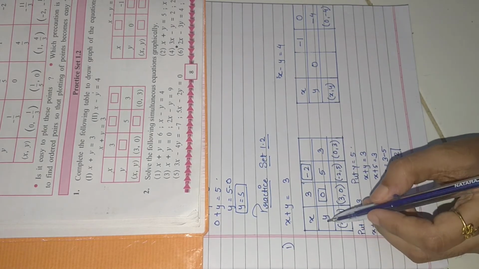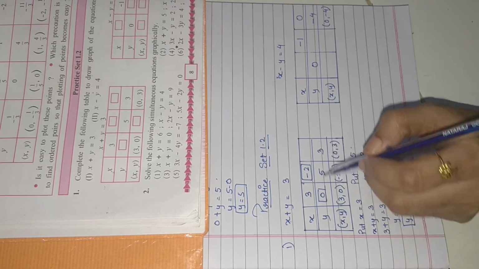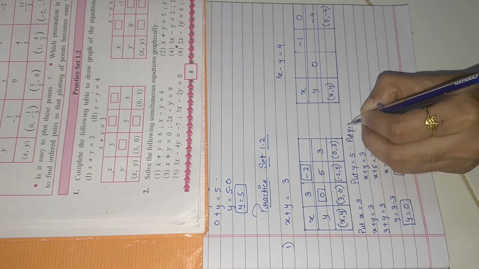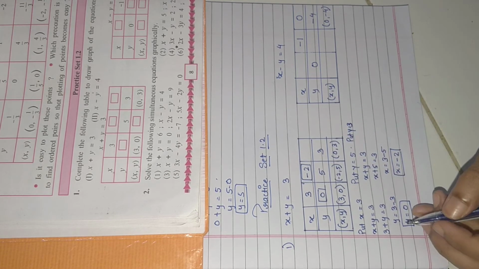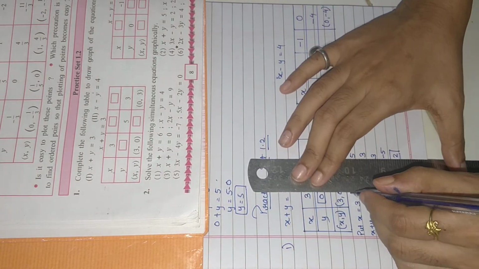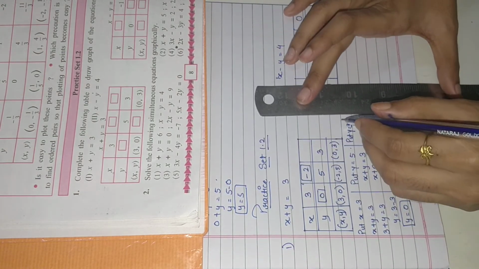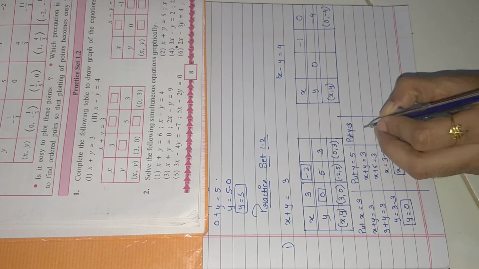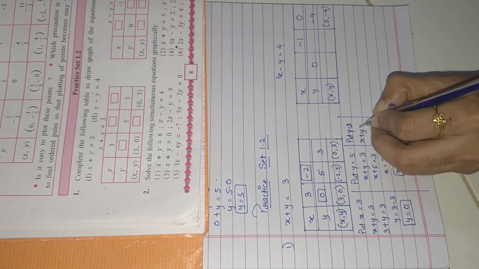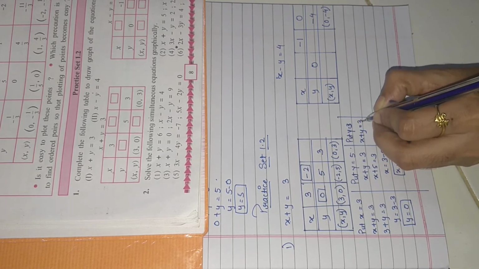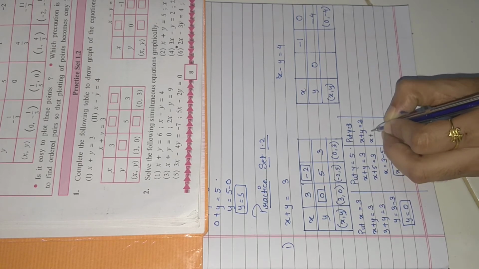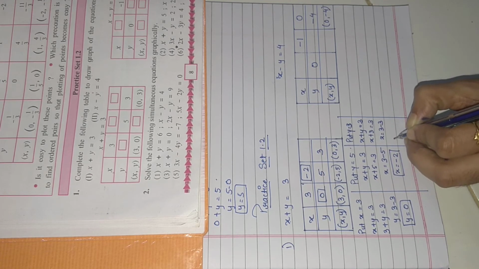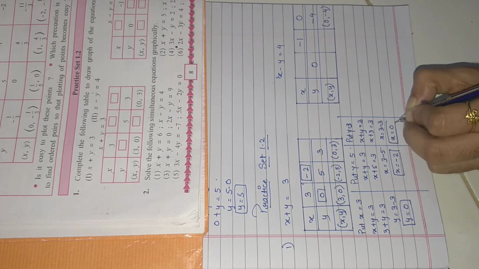Now what about the third one? Even on the third assumption they have taken y as 3. So let's see, we'll put y is equal to 3. Okay, we'll make proper spaces here, because we need to solve this also. So y is equal to 3, x plus y equals 3, x plus 3 is equal to 3, then x is equal to 3 minus 3. So x will be 0.